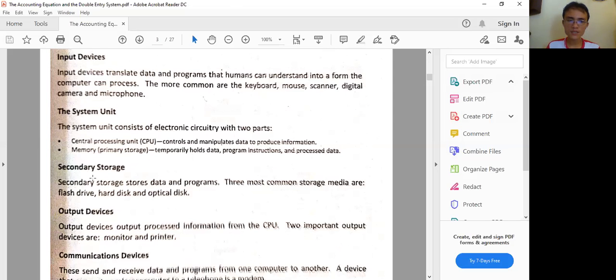Then we can also have secondary storage devices that we normally have, like our flash drives or memory drives. Basically, that's not the USB. The USB is basically that particular area there. We call that universal serial bus. That is where we're going to insert our cord. So basically, there's the port there, USB port. So some would be saying, you have your USB. That's not the USB. It's the flash drive. That's why it's called a flash drive, because it flashes when you insert it to a certain computer or any other device.